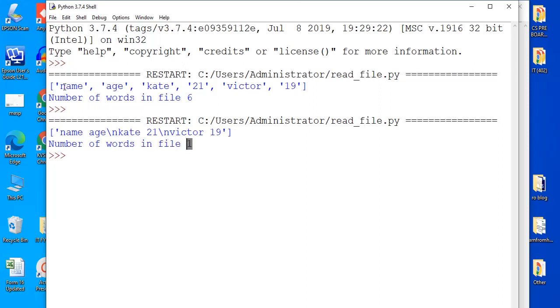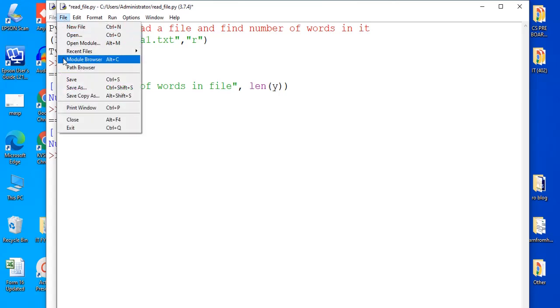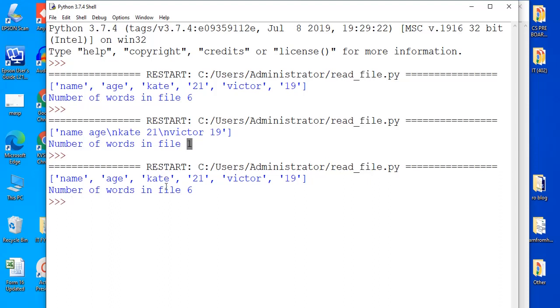Previously, when we had executed only the split function, without using this comma, we got 6 different words because there were spaces in between these words.